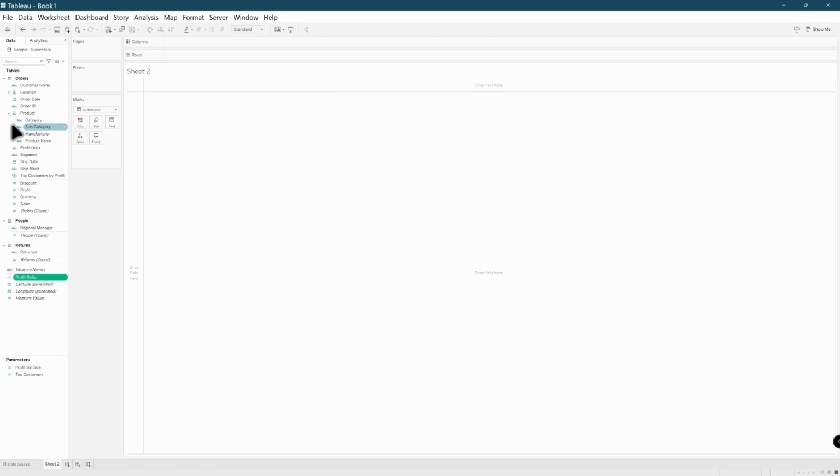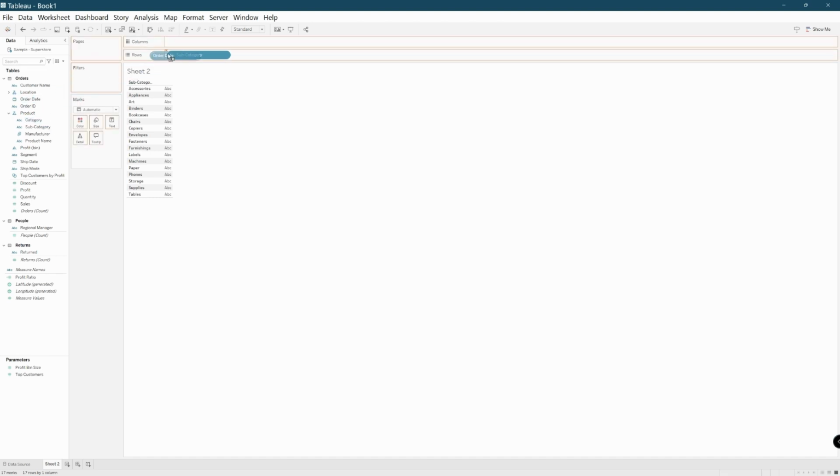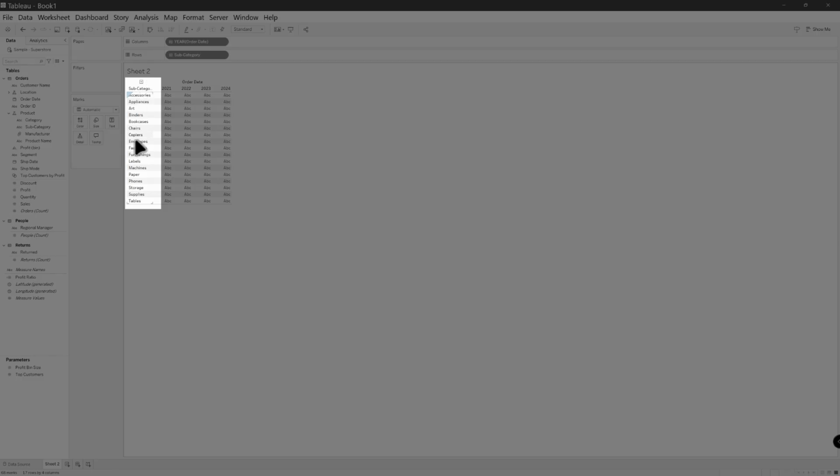So the subcategory, if it's right under the product hierarchy, we can drag the subcategory to the rows, and then we want the order date to be our columns. And so now we have the subcategories on the rows, and then we have each year of a particular order.